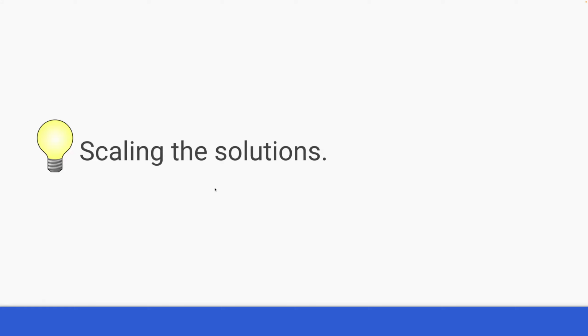Another important thing about the HLD round is that you can talk about how you are going to scale the system. The common approach which generally everyone takes is to first design a simple solution which can cater to, let's say, 100,000 users, and then think about how you can scale each component, how you can scale the database layer, how you can scale the application servers independently. So talk about the scaling part as well, how you're going to do horizontal scaling, vertical scaling, things like that.